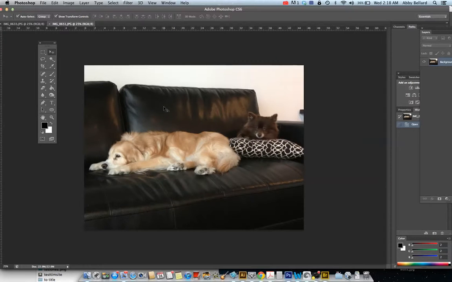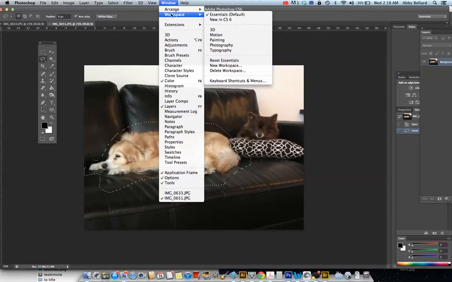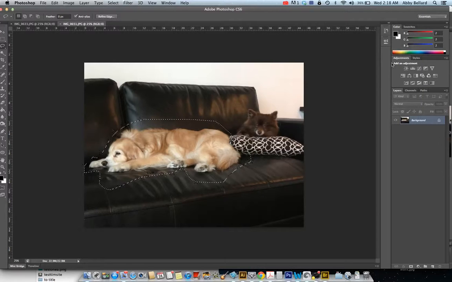I am going to cut the dog out, and here's what we did the other day. I got the lasso tool, or you did, and you go as close as you can, and then you're going to go to your layer panel, and I'm going to say Window, Workspace, and Reset so that it looks the way yours does. Inside of the layer panel, which is right here, I'm going to go to this mask tool at the bottom,